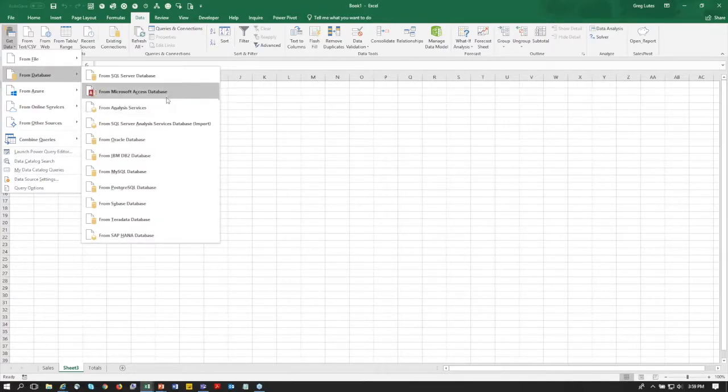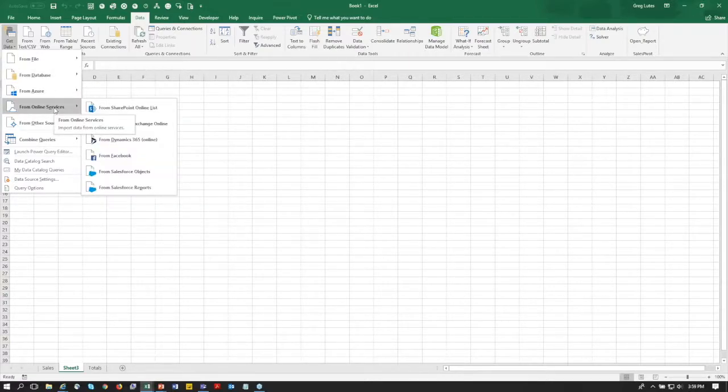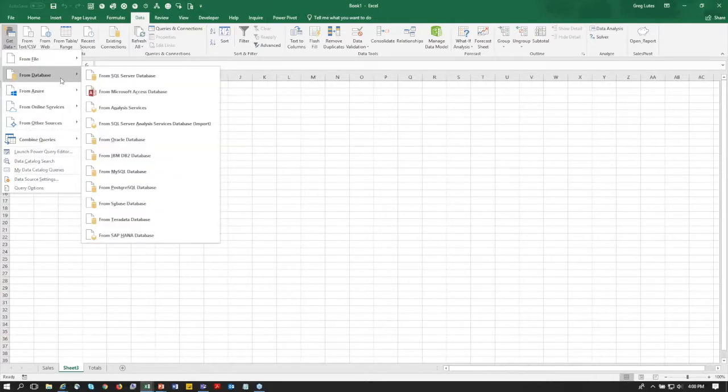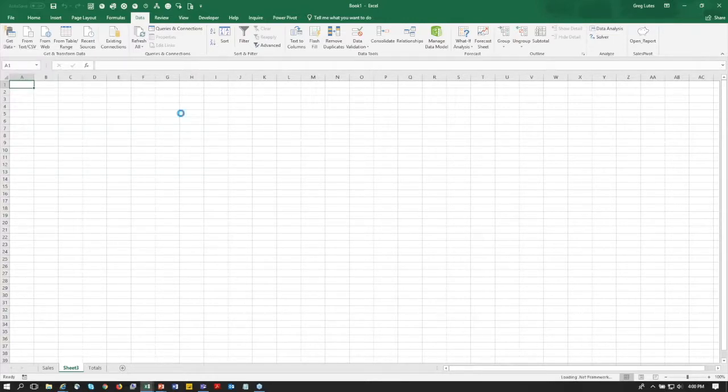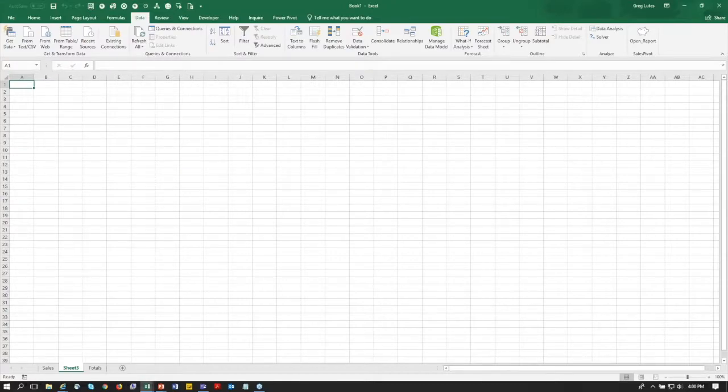like from a database, but a lot of different databases. The Azure Cloud, online services, and other sources. Let me do the same exercise, but I'm going to do it from here, and I'm only going to grab one table. All right, so I'm going to go back to Northwind. I'm going to import this thing. Slowly but surely,